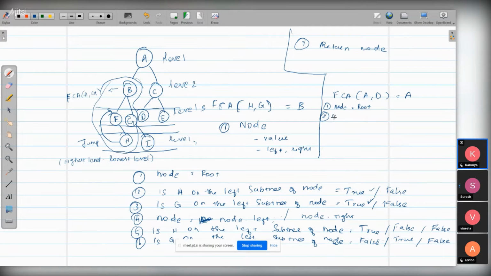Is A on the left subtree? You are finding A, right? No, you will get false, right? Put false because A itself is the root. Now step number 3. Is D on the left subtree of A? False. As I said, you get both false. Both are false, right? So now what we do is,